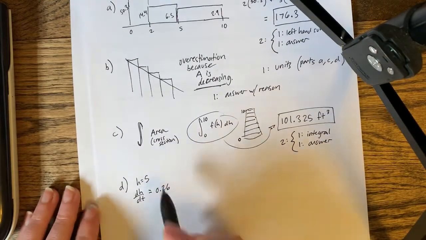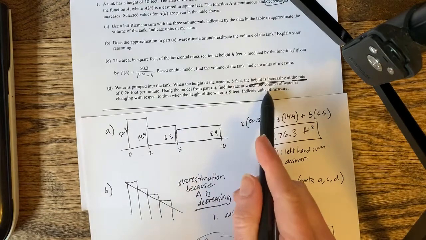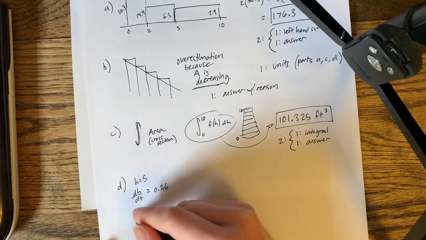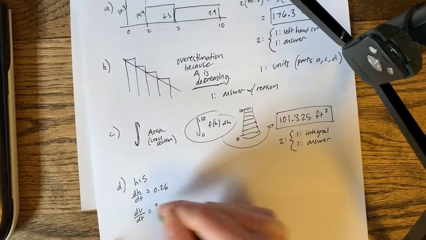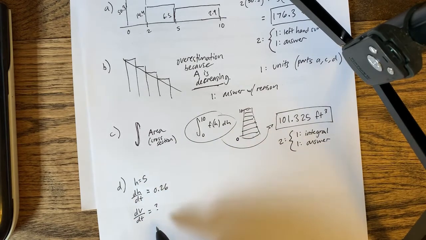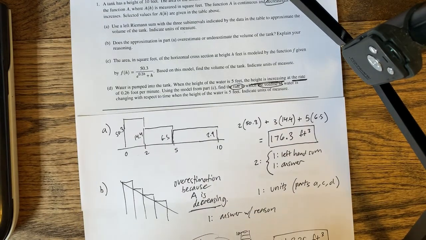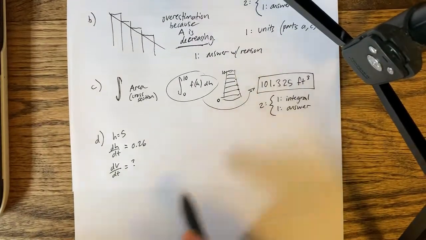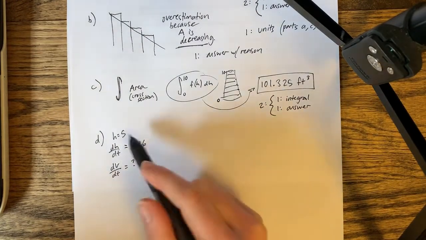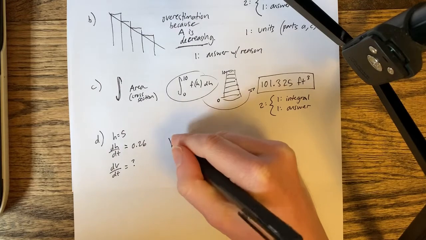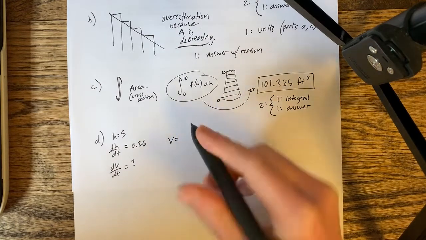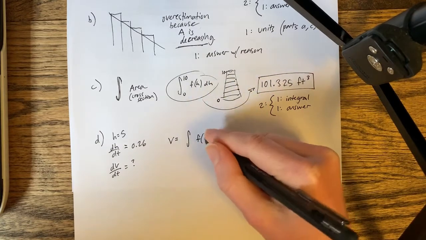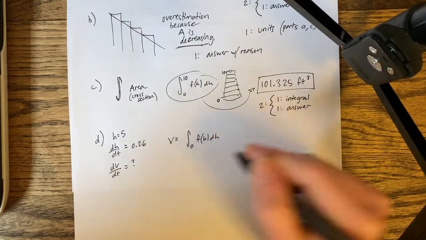So I'm making my list of variables over here. And it says find the rate at which the volume is changing. So I am looking for dV/dt. That's my question mark. So that's always the first thing I do, is make this list of variables. And it said use the model from part C to do this. So if I look back at what I did for part C, I'm looking for stuff about the volume, and it looks like in part C, I had an equation for the volume. I said the volume was the integral of this f of h area function, from 0 to